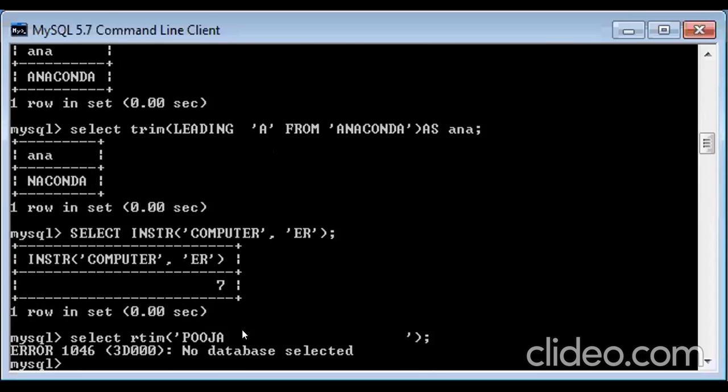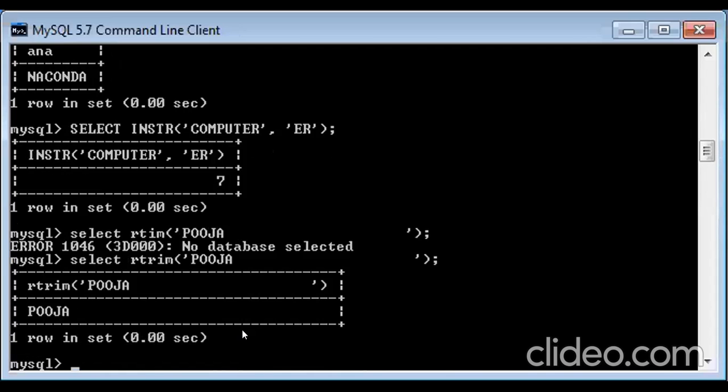Okay, what did I do wrong here? Rtrim spelling is wrong. So when I write rtrim, you can see, I was telling you we cannot really figure out whether the space is there or not, whether it has been deleted or not. But actually it has been deleted.